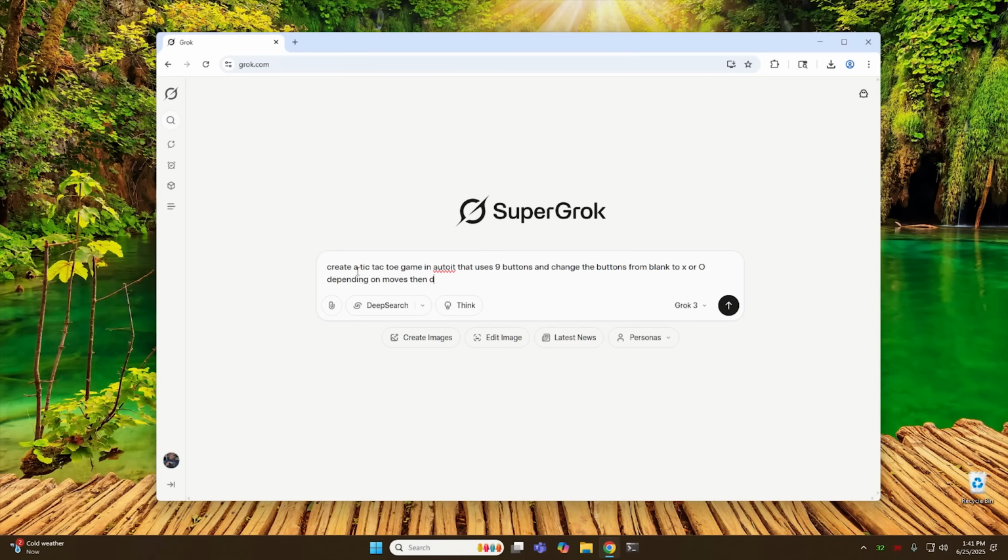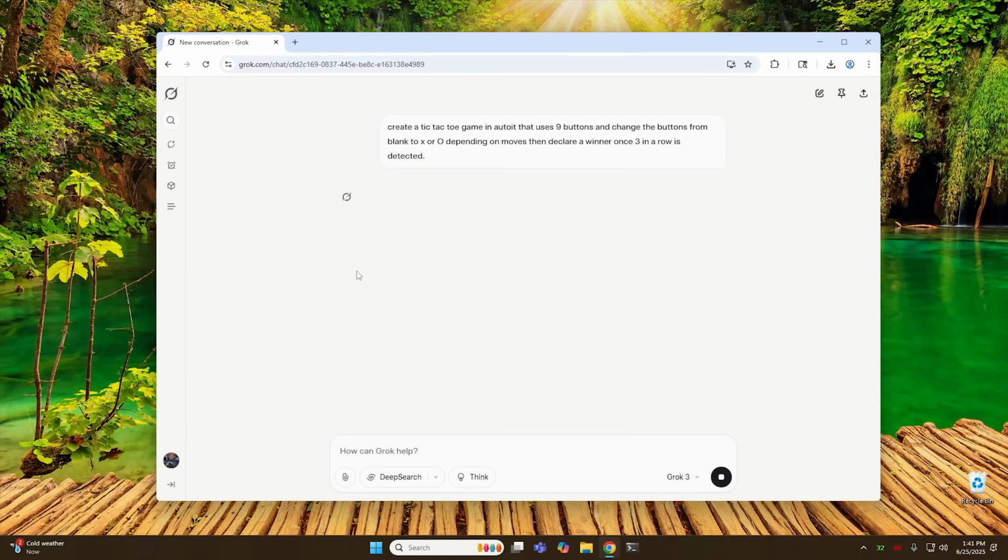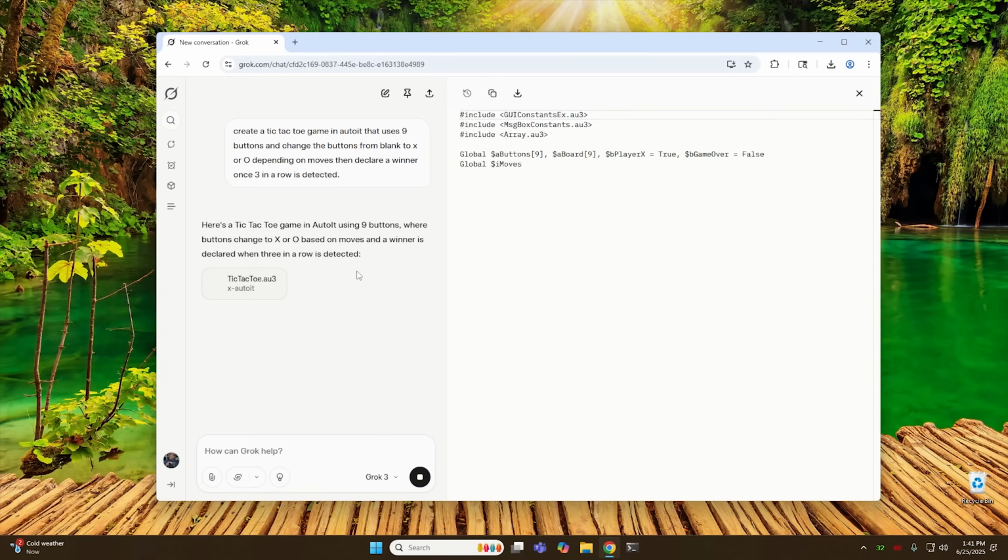Then declare a winner once 3 in a row is detected. All right, so we're going to go ahead and create a simple tic-tac-toe game in Autoit and see how